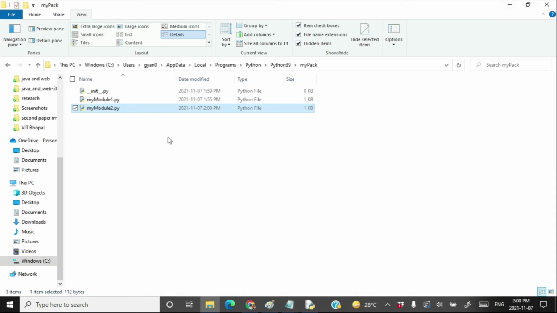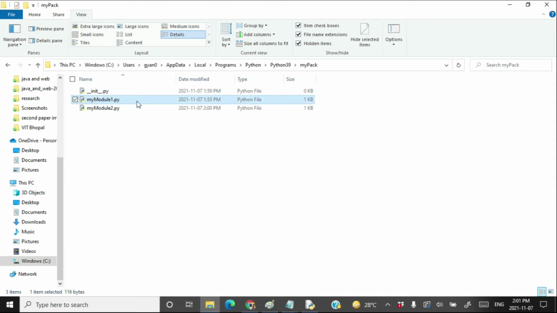Now I have a directory whose name is mypack. This directory is called my package or my library. In my package, I have a special file whose name is __init__.py, which is an empty file right now. I am not going to explain the reason behind this file. You will be learning everything in class 12. Next, I am going to have two modules in this package.